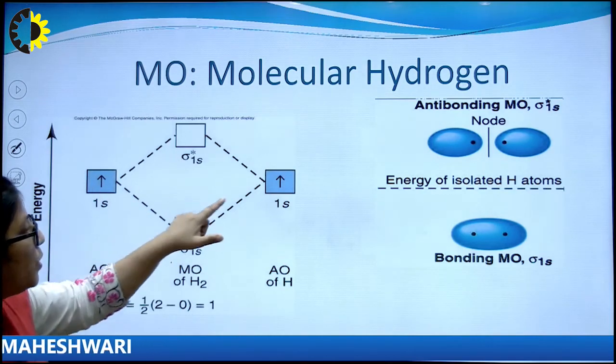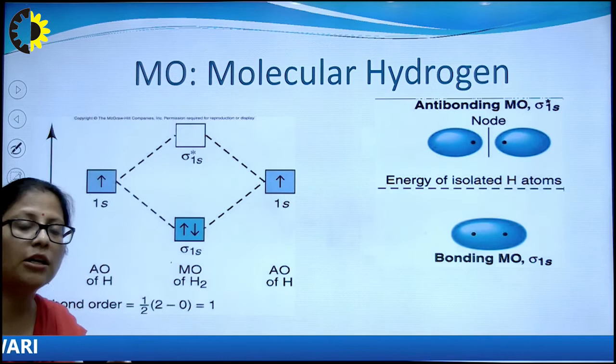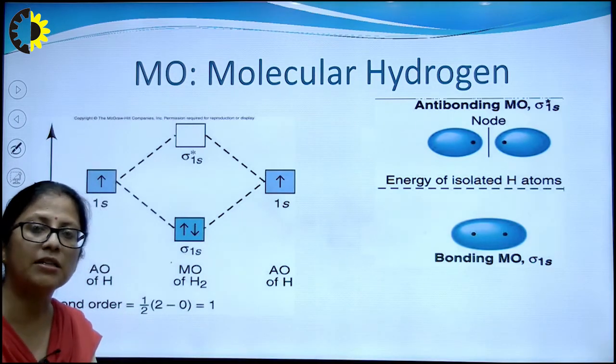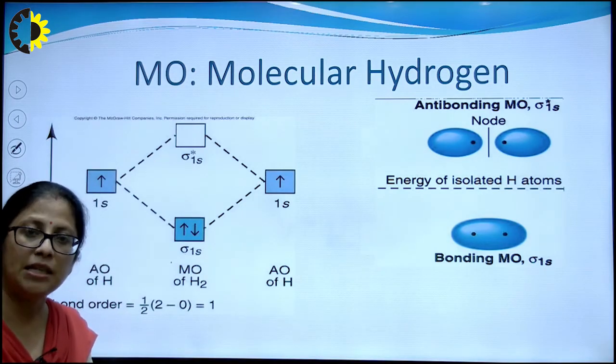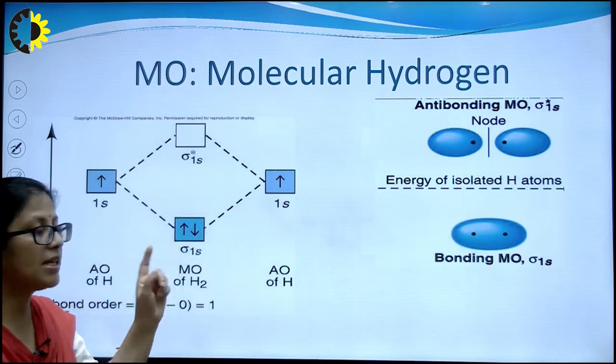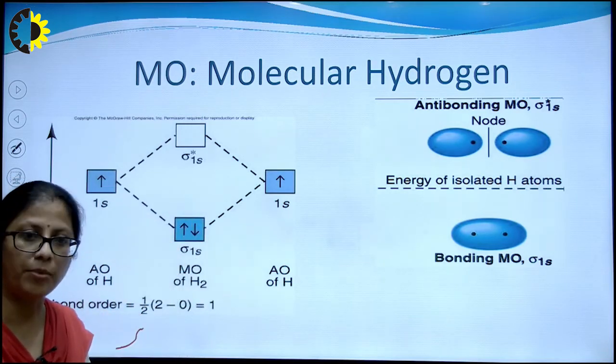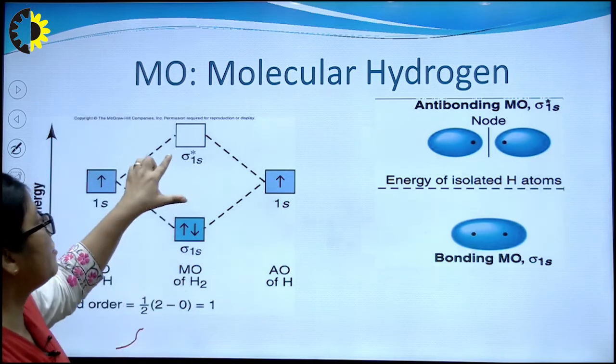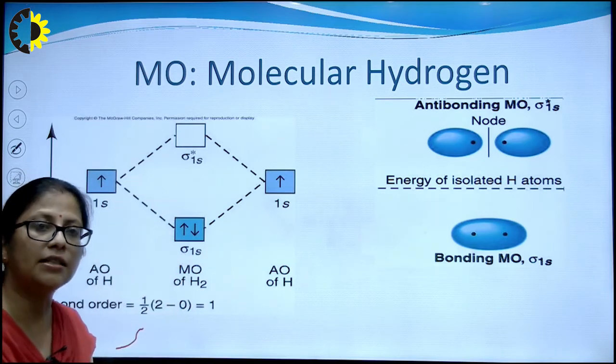Each molecular orbital can accommodate a maximum of 2 electrons with anti-parallel spins. So, both the electrons get filled in the sigma 1s orbital, and the sigma star 1s of the hydrogen molecule remains